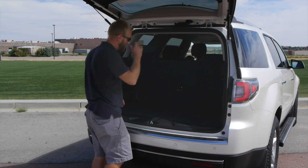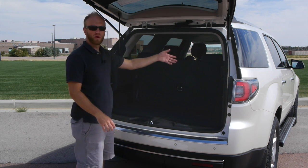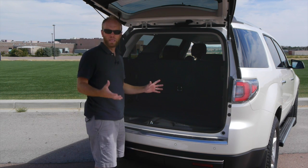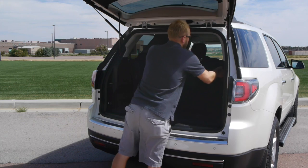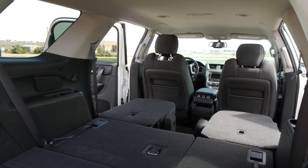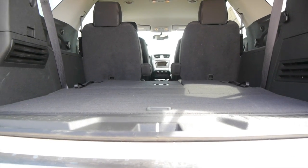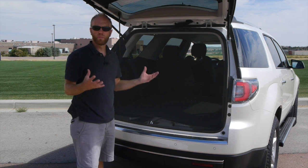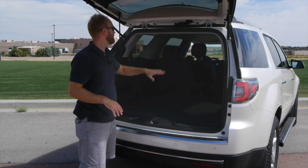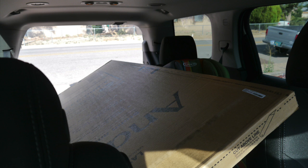Or as my sister-in-law does when they travel, they put one side down and they can use that for luggage and stuff while one of the kids sits back there on the other side. Can be done. Now, it's not just for people hauling space. The seats go down very easily, both the second and the third row, and they create a completely flat load floor. It's really nice. I recently took my son, we went over to the Home Depot, I bought a new exterior door for my house as I'm remodeling it, and I put this row down just like this, as well as the second row, moved the front passenger seat up just a little bit,